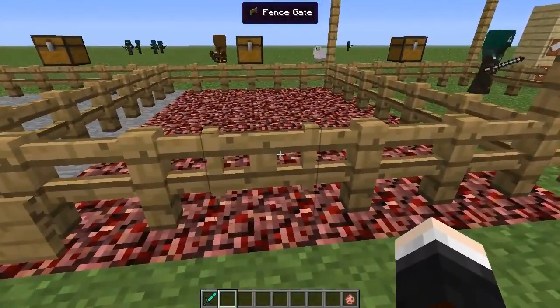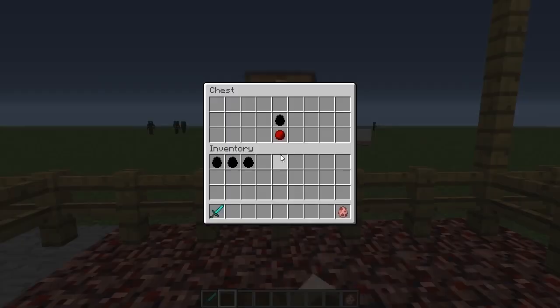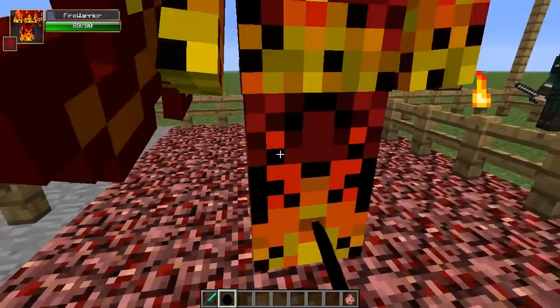But we'll get to that in a bit. We've got one that's actually in a different dimension. This one is the nether version, and this is the mob that will give you these, which are nether orbs, and this one is called the fire warrior. So here is the fire...